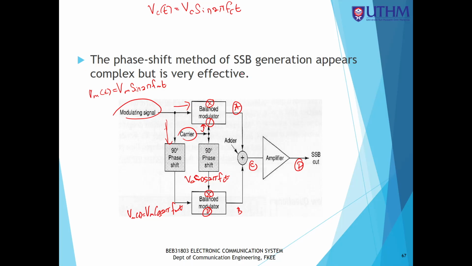So at point A, it is equal to VMT multiplied with VCT. So it becomes like this. So Vm sine 2 pi FMT, Vc, sorry,